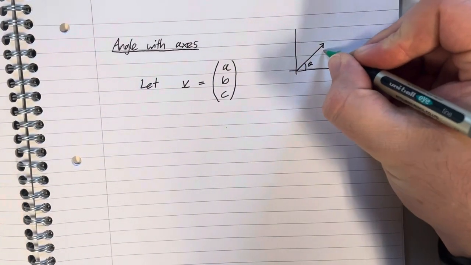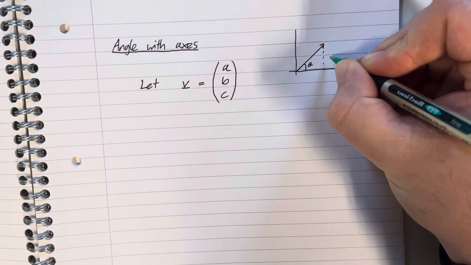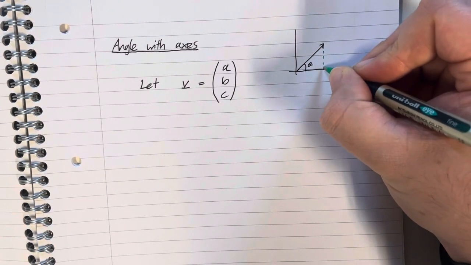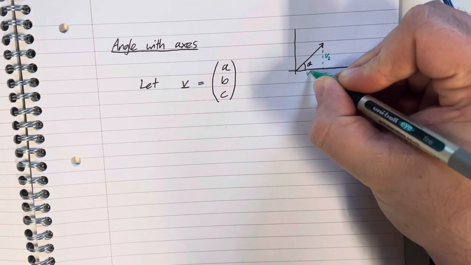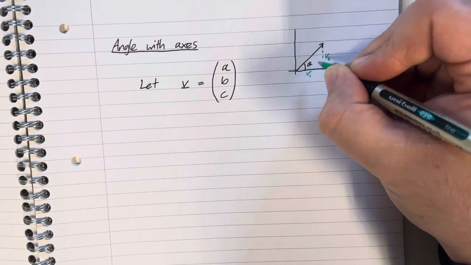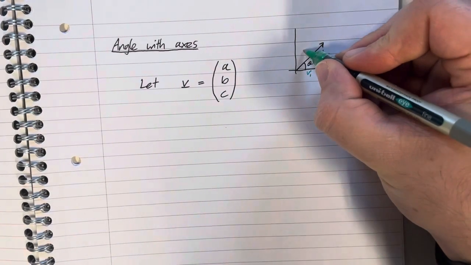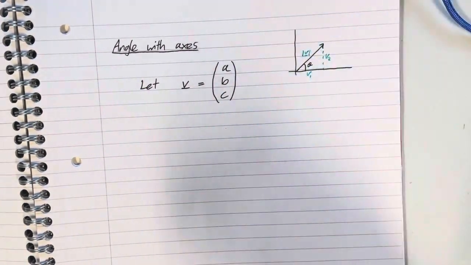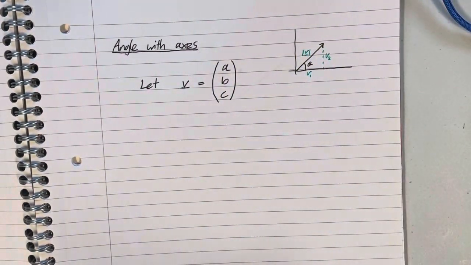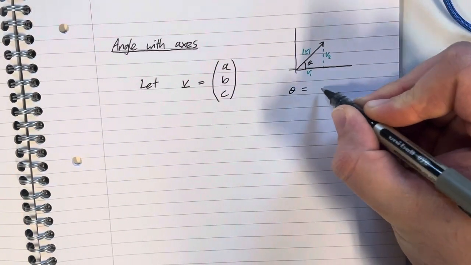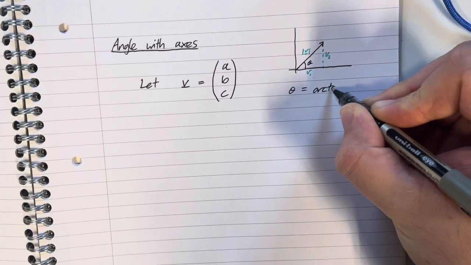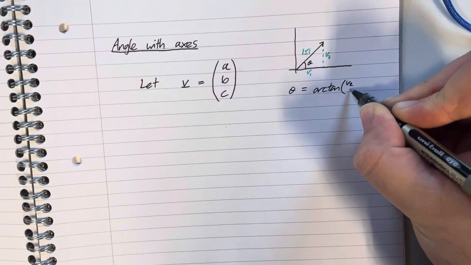We have a distance here, which would be the y component of the vector, v2, and a distance here, v1. We could use the magnitude of the vector as that length there, and a little bit of SOHCAHTOA will eventually arrive you at the correct angle theta, which you could say is the inverse tan of v2 over v1,